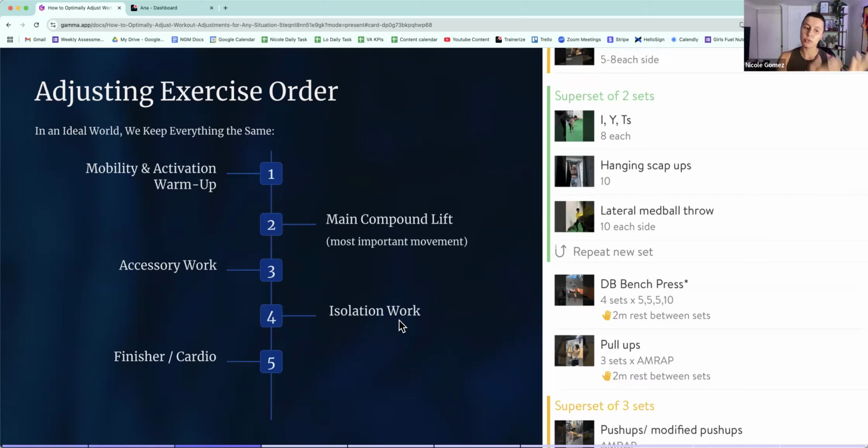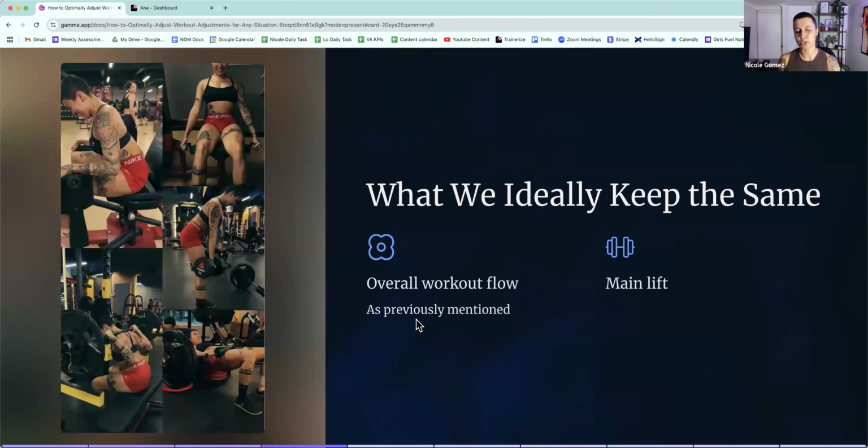Same thing if you're already done with your warm up and your main lift, we already squatted, and you have split squats or lunges or hip thrusts, and you're like, should I go do the kickbacks because somebody's using this? Ideally, we want to keep the overall flow of these main points the same. Think about what's the hardest and most complicated lift. That's usually going to be at the beginning, and then it will adjust towards the end.